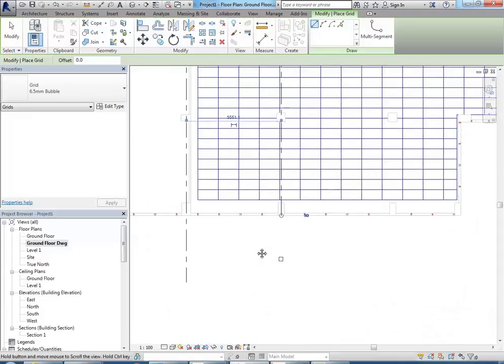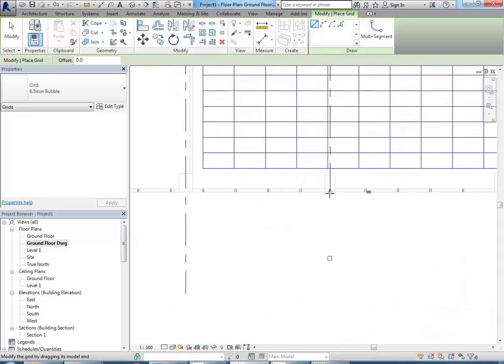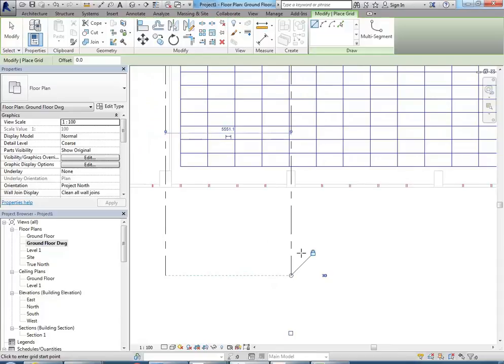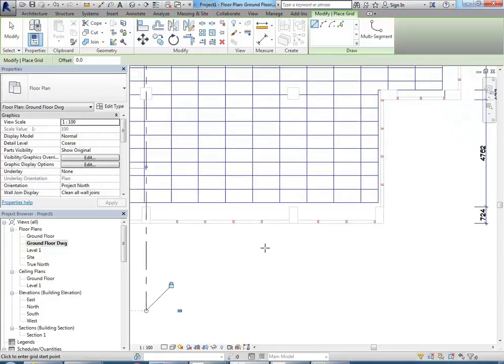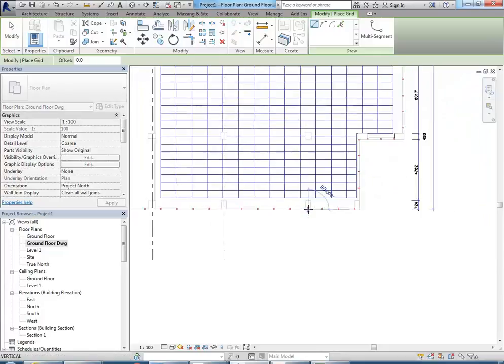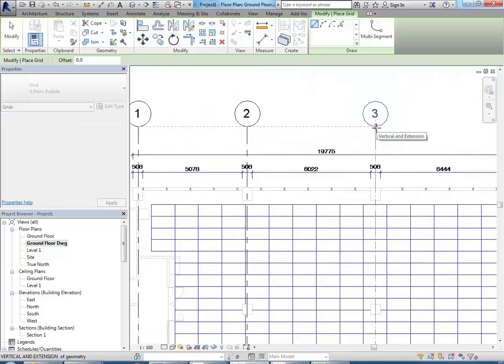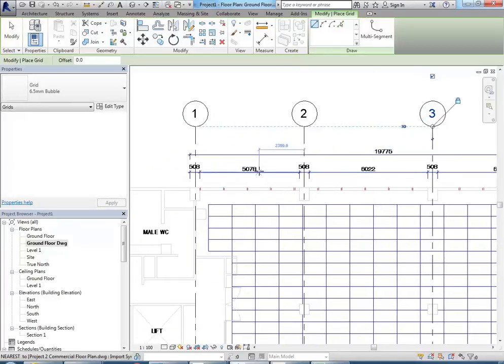So you can see there, as I go to the bottom end of that grid line, I'm just stretching using that grip there, the open circle, to line it up with the end of the first one, just to keep things neat. And you'll see then you should get a padlock symbol, which shows you if you line them up that they'll be locked together, and that means when you adjust one of them, the other one should go together with it. So you can just keep tracing your grid lines off your plan that way, and you should then see the measurements